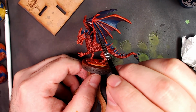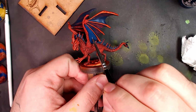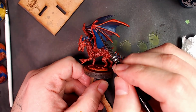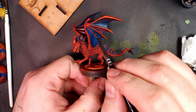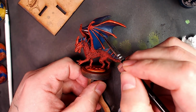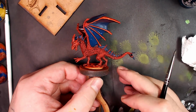Now let me show you the magic of several thin coats right here. Here's the second coat, even thinner than the first coat, but now it's covered. It's done. Game over. That's it. Look how easy it's stuck to that. So rather than force it with one thick coat, two thin coats did it faster and better. And now that we have all these details cut in, we are ready to start taking them to 11, start introducing some advanced techniques. So this has been the beginner's guide to laying down some of these techniques: dry brushing,